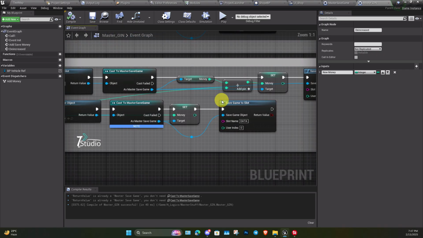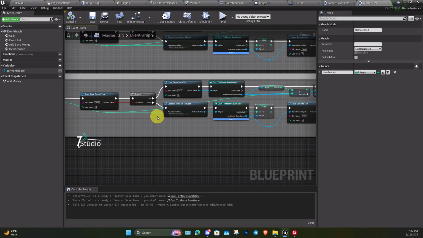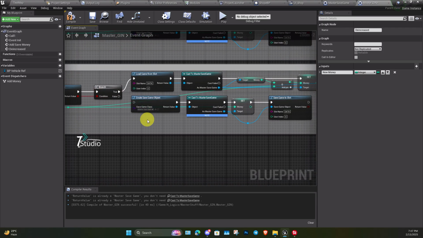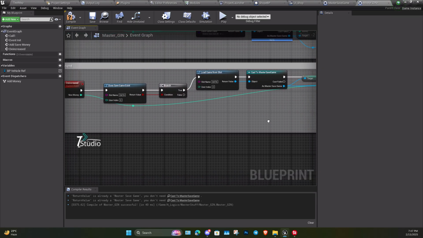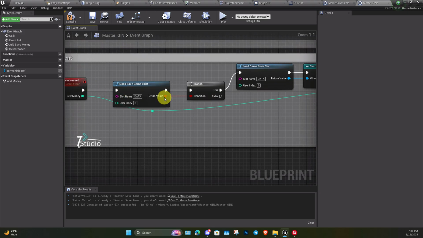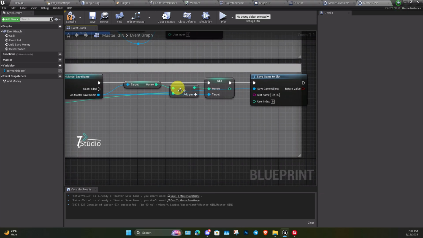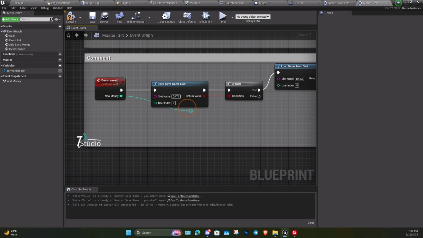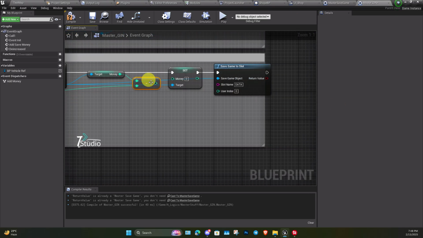So now whatever value we have, this time we can't literally save a new one, we have to do it with the existing one. If the save exists, then whatever money we have from that value,